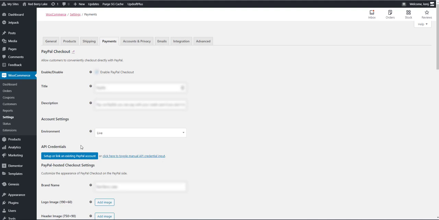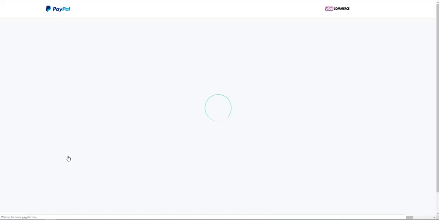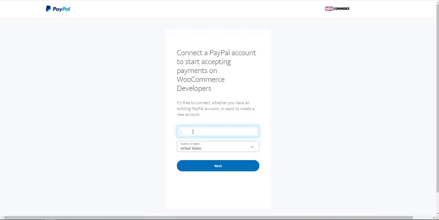And then we're going to click on set up or link an existing PayPal account. That's going to be the easiest one to use. Most people have a pre-existing account, so all you have to do is click on that. We're going to connect our pre-existing, so I'm going to